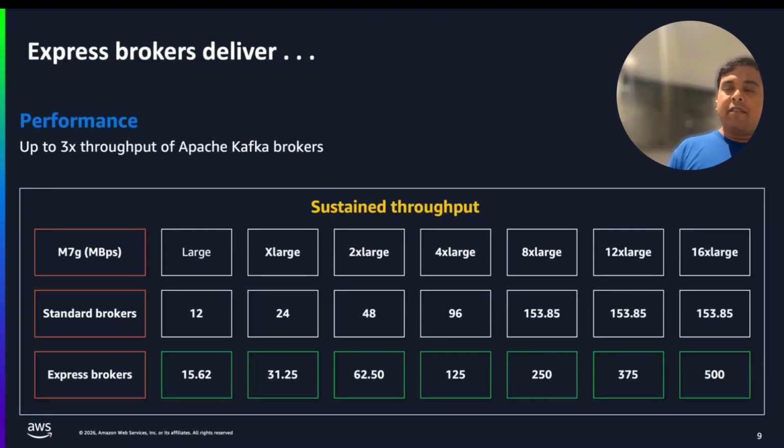If we could give the customers an ability to think about, if we use this particular broker type, which can give you a sustained throughput of, let's say, 15 megabytes per second, that means customers can do the sizing and capacity planning much more easily. And that's what Express Broker provides you. Depending on what type of broker you're using, we provide the recommended throughput. And this is in our documentation. So imagine if you need to run 180 megabytes per second of ingress throughput, all you need is a 3-broker M7G 2xlarge Kafka cluster. That's it.